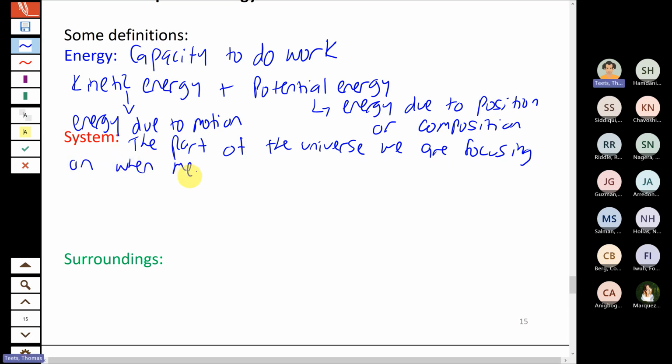So whenever we're measuring changes in energies, we don't typically measure absolute energy, like how much energy does this have? We're often measuring changes in energy as a process occurs. And so the system is the part of the universe we're focusing on when we make that observation. From the standpoint of chemistry,